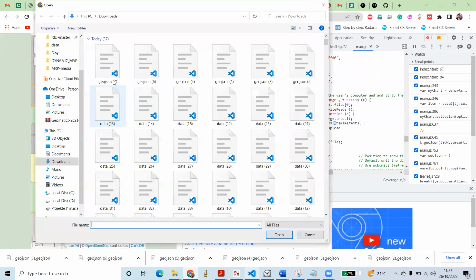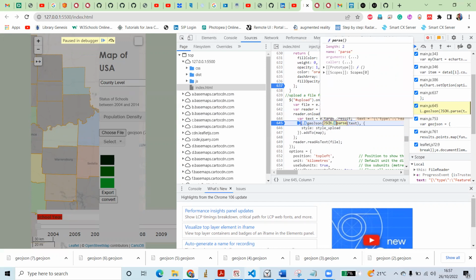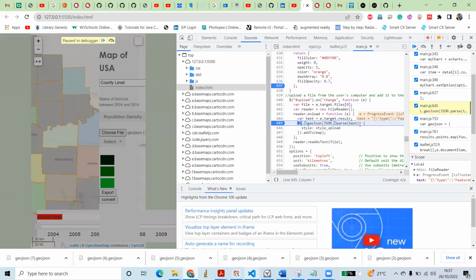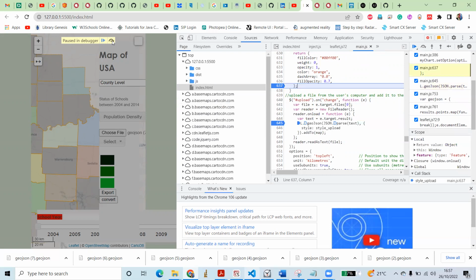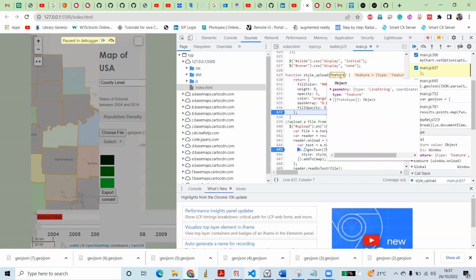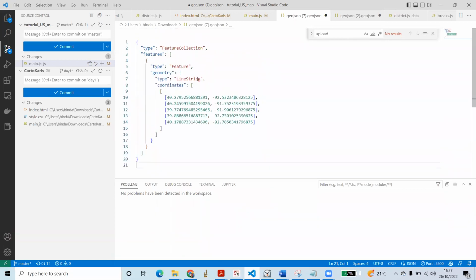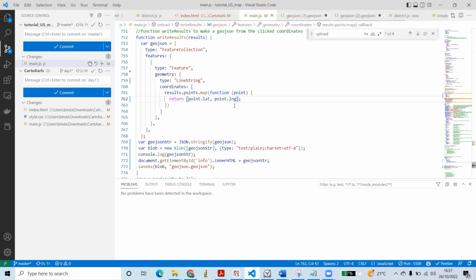Choose the file, JSON, and the text will be like this, and it will parse this text. And what would be loaded here? And it will go inside this style upload and the features type. What is inside feature? Geometry. It's a line string. Array, and these are the arrays. Maybe the problem is we should write polygon instead of line, and also I can sense here in the main.js